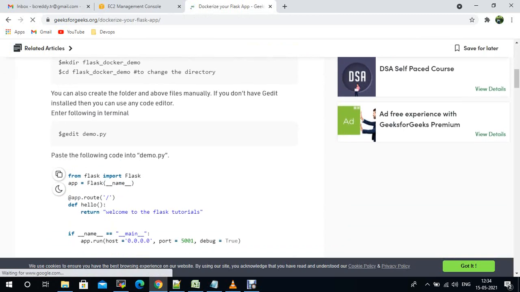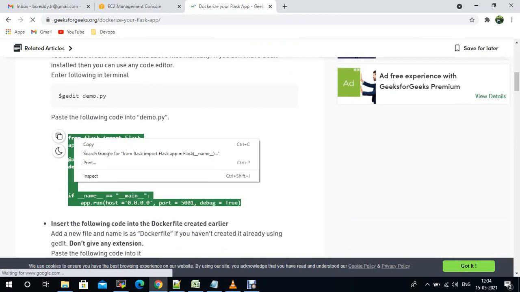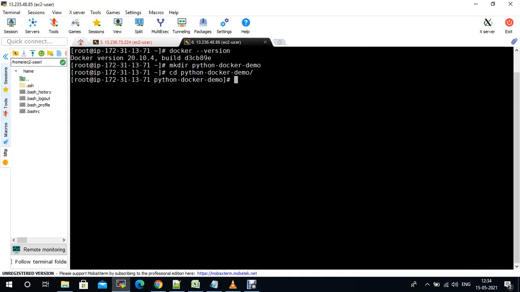See, I just created a folder, I just created a file, and I'm copying this code. This is the sample code. So vi demo, the extension should be .py.